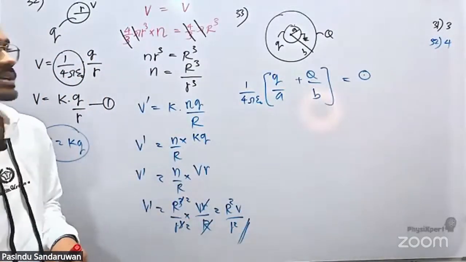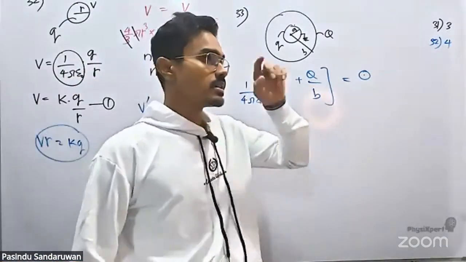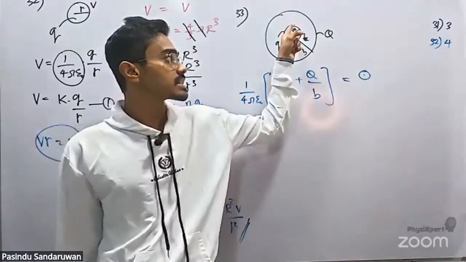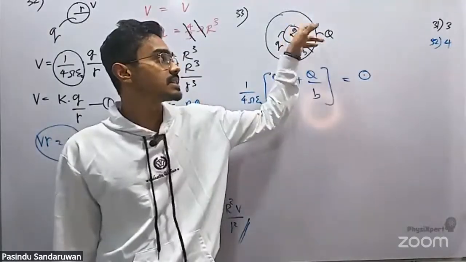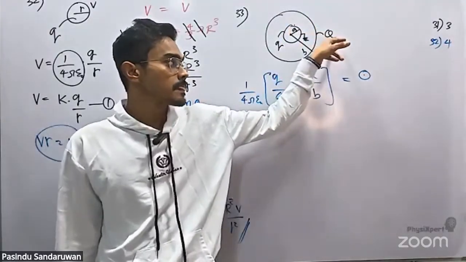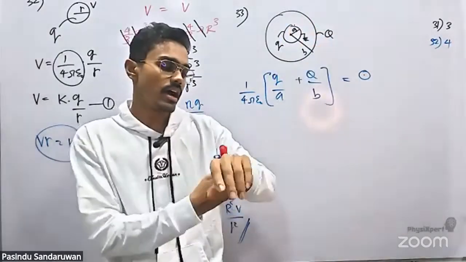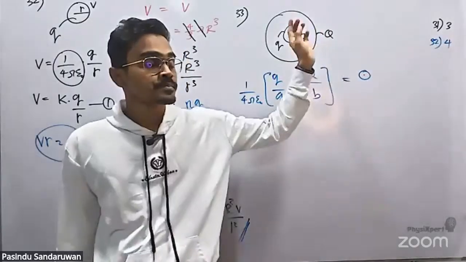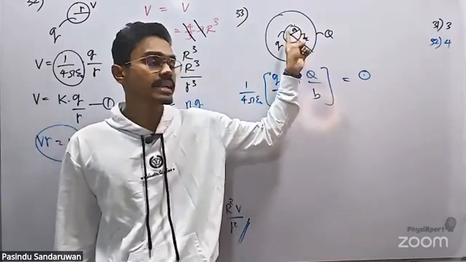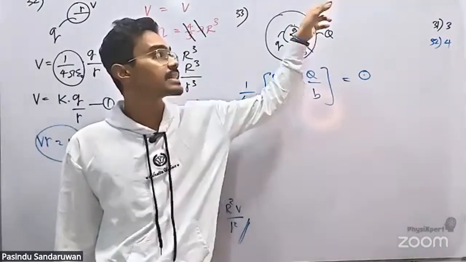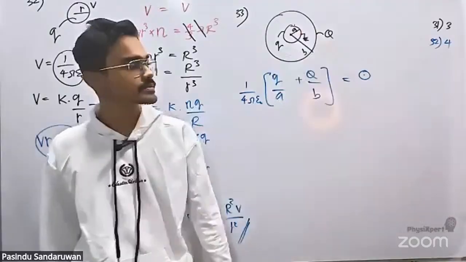Since this is grounded, this potential is 0, right? Potential at this surface can be written as q over A using small q inside, and potential at this surface due to capital Q can be written as, right? There's a theory we have proved in electric fields: potential at the internal point is also equal to potential at the outer surface of the sphere, right? So therefore, that is Q over B,